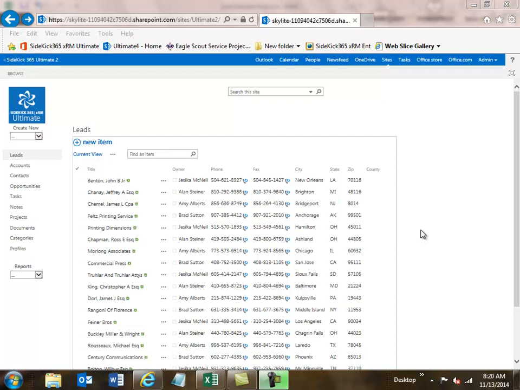I'm going to walk you through the Leads module in SideKick 365 xRM Ultimate. I'm also going to show you how you can import data in using copy and paste from Excel. And I'm also going to talk about how to promote a lead into an account. So let's get started. First off, the Leads module is really a working area in the app that we've developed